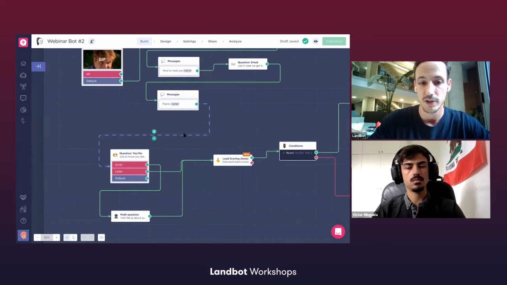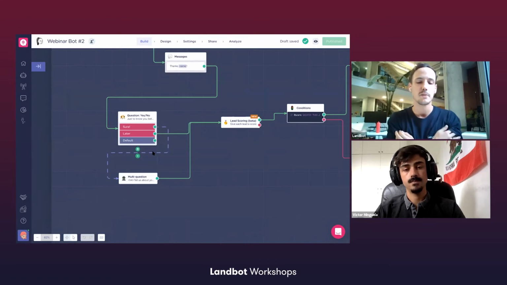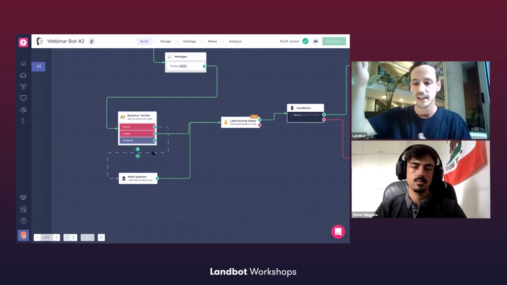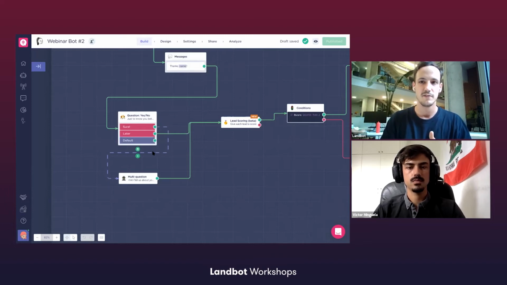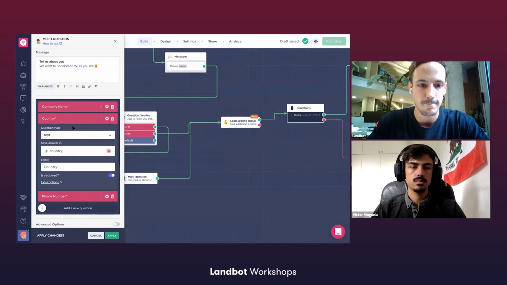So this is also a great trick for you. It's not only the information they provide here, but just the fact they want to share that information, it's already qualifying. This is the same as what enterprise software does with gated content where they ask you for 10 different fields to get a demo. It's self-qualification. If you want to take the time to provide all that info, you're probably qualified to get a meeting. So this is super important. And then the multi-question, just also reinforce that it really depends on which part of the conversation you're at.